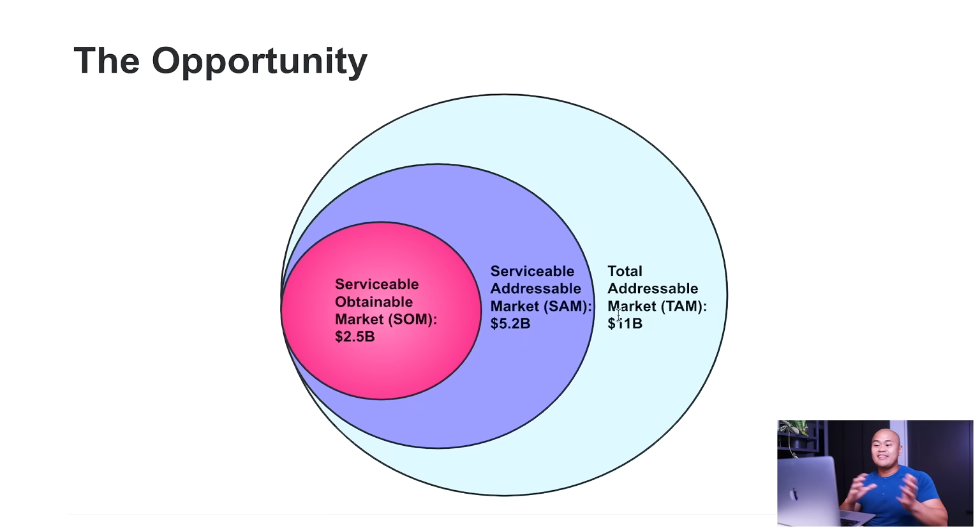As we said in that previous example, our total addressable market is 11 billion. So that makes up 100% of the pie, as you can see here. Then we go in and take a subset of those customers. So again, that's going to be the 5.2 billion. And then lastly, the most immediate obtainable part of that market will yield 2.5 billion here. So again, feel free to make a copy and use this for your own pitch decks.